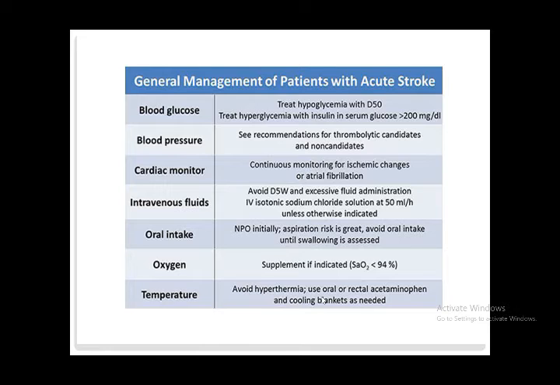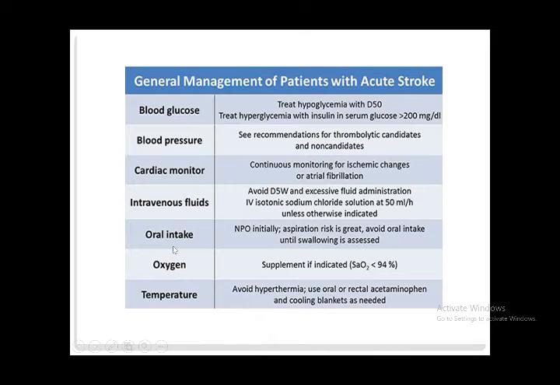You have to attach a cardiac monitor in any patient with vascular events and start continuous monitoring for ischemic changes or atrial fibrillation. You have to manage IV lines in any patient with vascular events. Especially, you have to avoid high dextrose solutions because they may cause excessive fluid administration and edema. Usually the IV fluid of choice, with adequate management of blood pressure and other things, is IV sodium chloride, which should be started to secure the IV line.